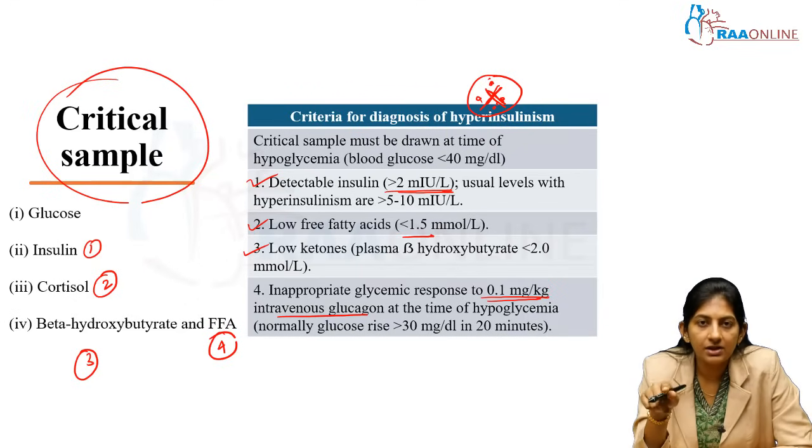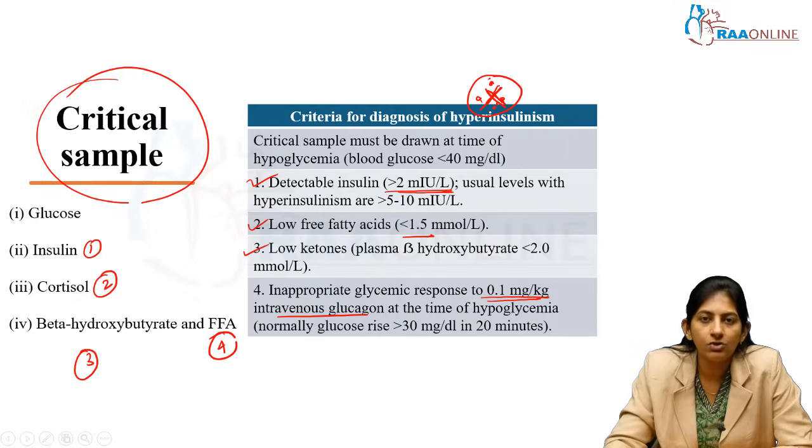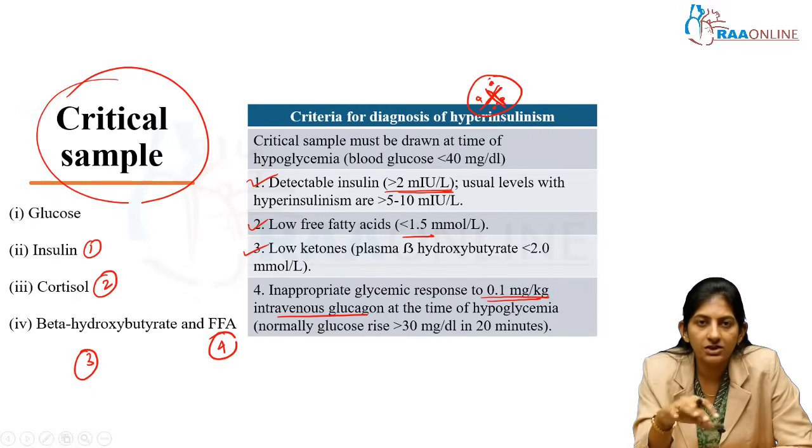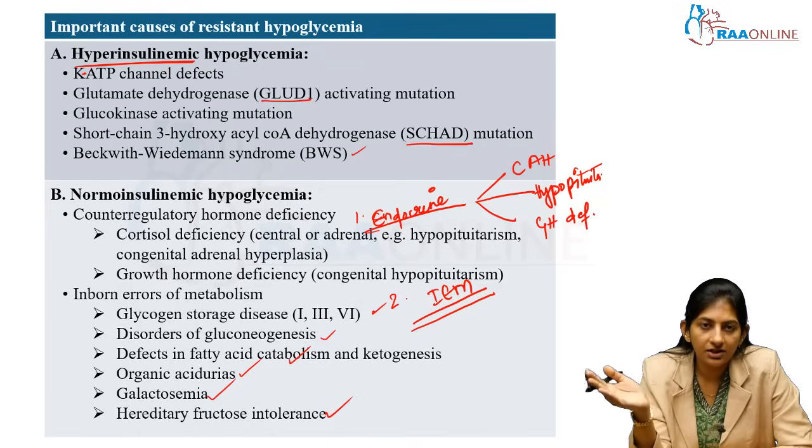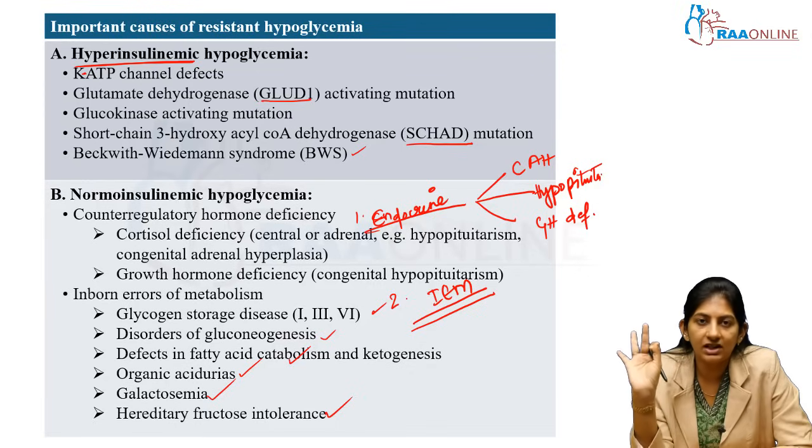To diagnose hyperinsulinism, you have to take all these four values. So, draw a critical sample and do these four values. When you get the report, check with this table whether it is hyperinsulinism or not. If it is hyperinsulinism, please go for the genetic condition if there is no apparent condition. Hyperinsulinism, as I told you, can be present in IDM, IUGR, and birth asphyxia. So, if there is no clinically apparent disease, go ahead with a genetic mutation after discussion with the family.